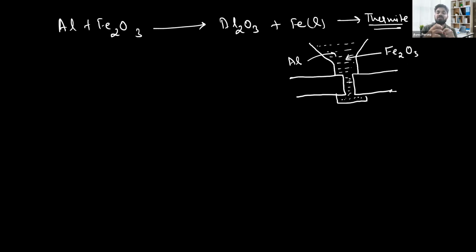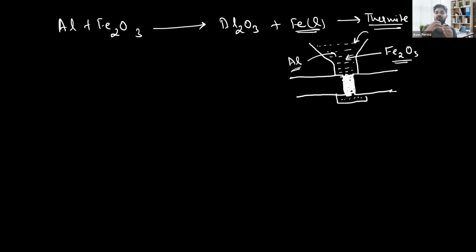Once the reaction is started, it will produce a large amount of heat. Similar is this process. When we have a mixture of aluminium and Fe2O3, and we start the reaction with the help of a burning magnesium ribbon, then the reaction starts. And what is going to happen? When this reaction starts, this iron, which is the end product, will fill this gap in the liquid state, and there is no need to heat the melter,